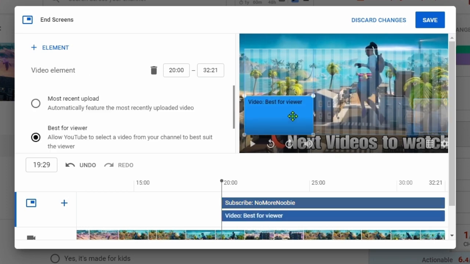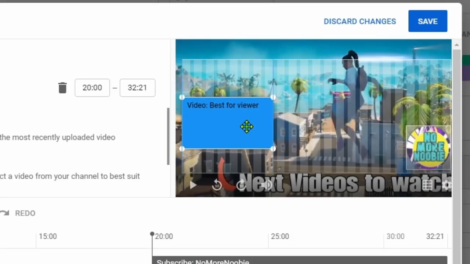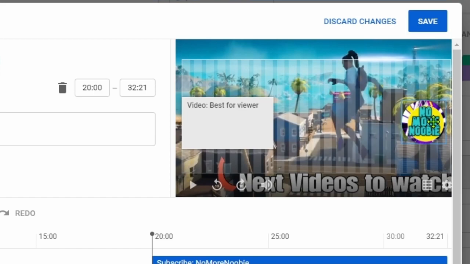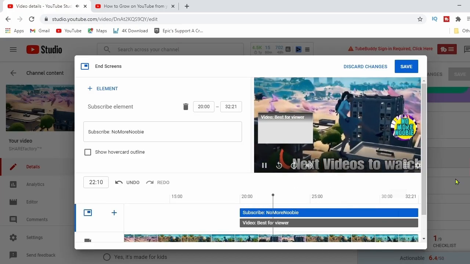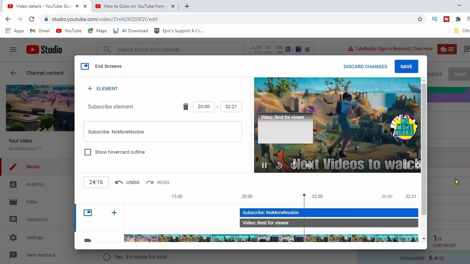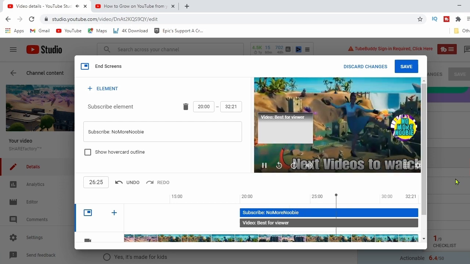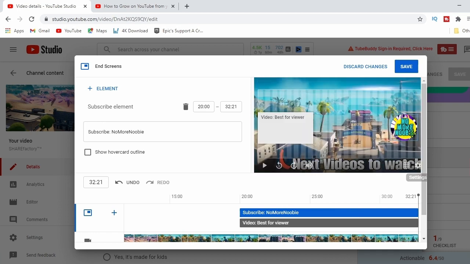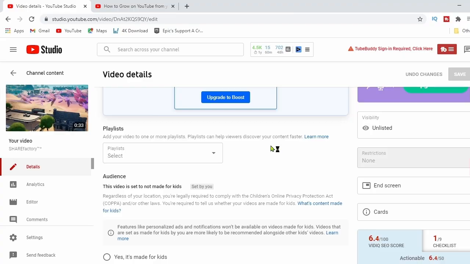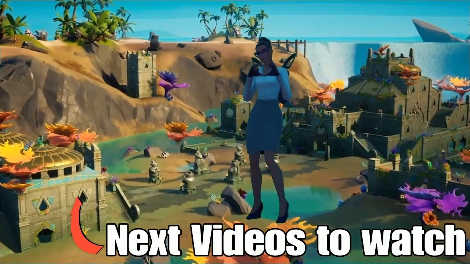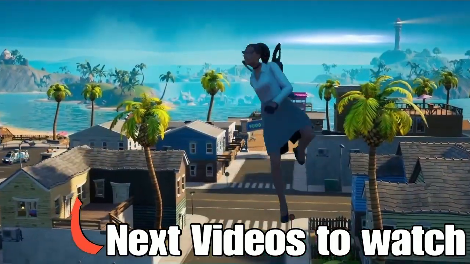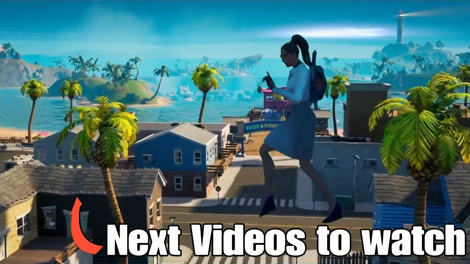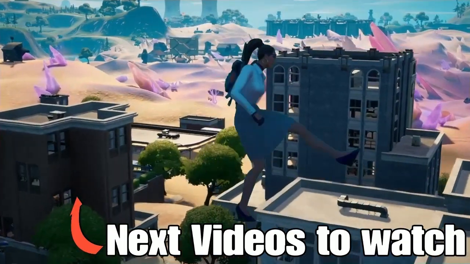Click on that one. We can drag the video to wherever we want it to be, and I'm going to move it so that the arrow is pointing to it. And the subscribe button on the right hand side, I've just moved slightly up so that it's more level. And there you go. You have the end screen on there at the end of your video, and you just repeat this process for all your videos you upload from now on. Just save it and then publish it when you're ready. And then you've got a nice new outro on your videos, which will encourage your viewers to watch more of your content. So on screen is a video that you might want to watch next,